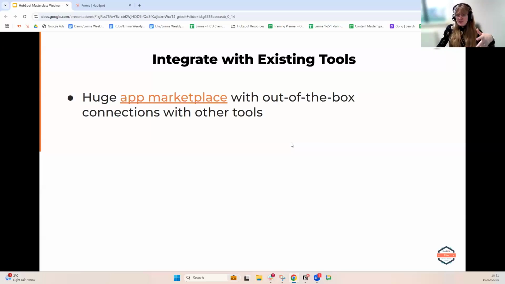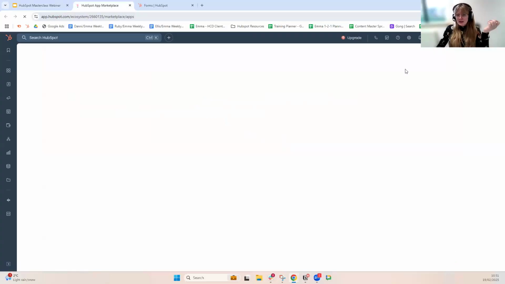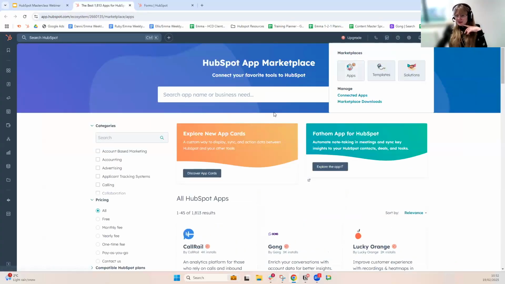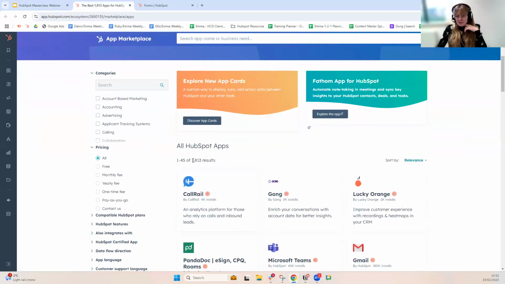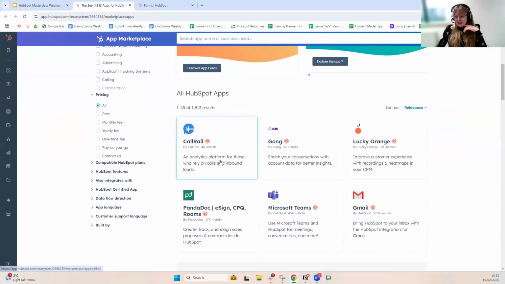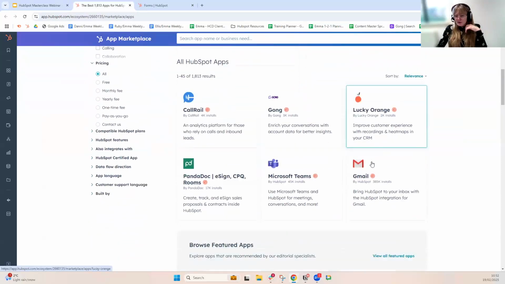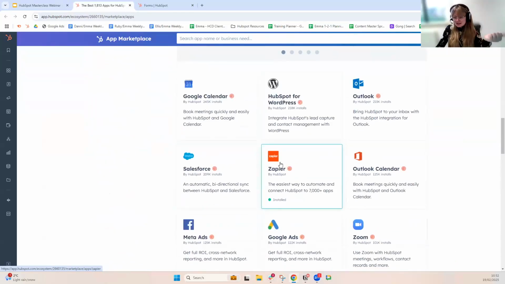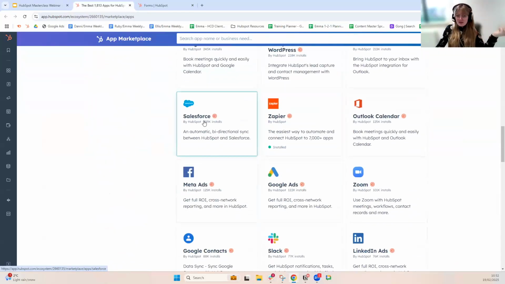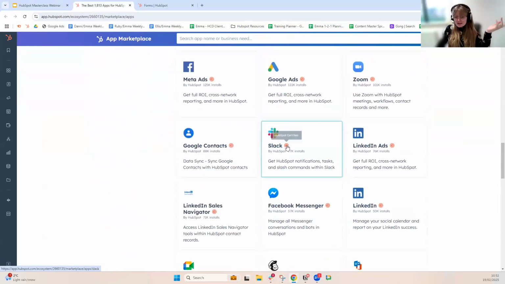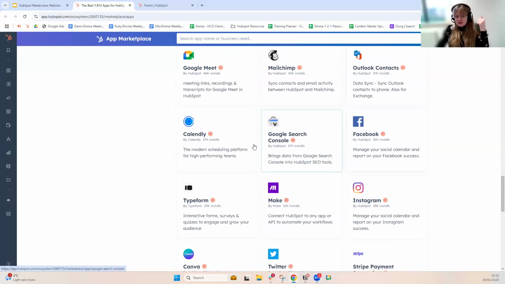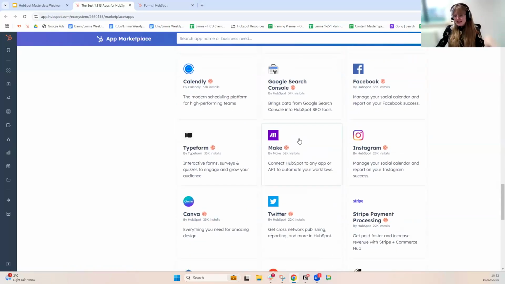The really nice thing about HubSpot is that it has an enormous app marketplace. You get to this just through the little marketplace area at the top, come into the apps, and there are almost 2,000 different apps available on here for loads and loads of different tools that you will be using day to day. Whether that is Google Ads, Slack, MailChimp, LinkedIn, Outlook contacts, all of these tools that are going to be day to day in your business,